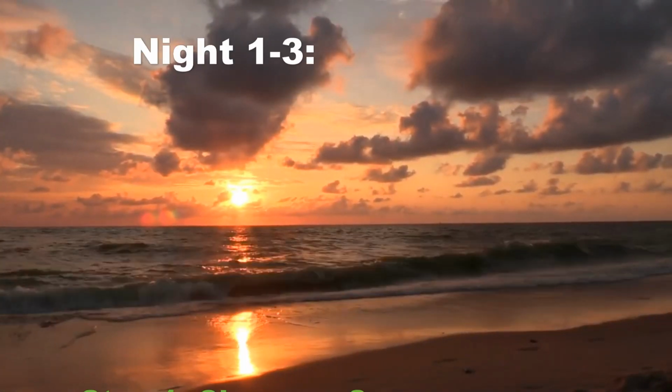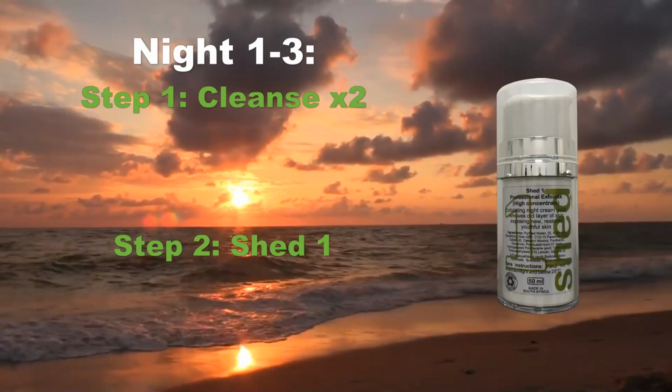Because as you get used to this range, you establish what we call a shed memory on your skin. And having had shed 2 or 3 or 4 days hence, it just becomes a normal product you apply. You don't feel all the tingling and burning most of the time. There are some individuals that will always have that little bit of tingling and itchy sensation. I can attest that the tingling went away after my 3rd or 4th. So for a newbie, first time: cleansing, toning, apply shed 1,